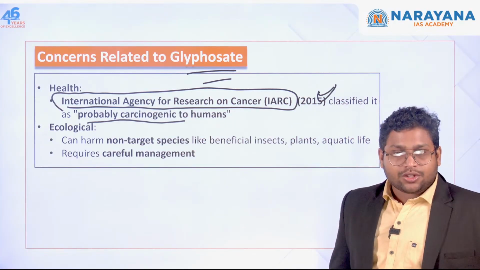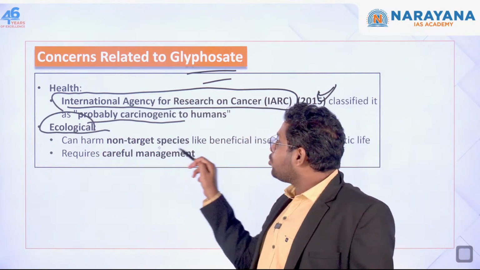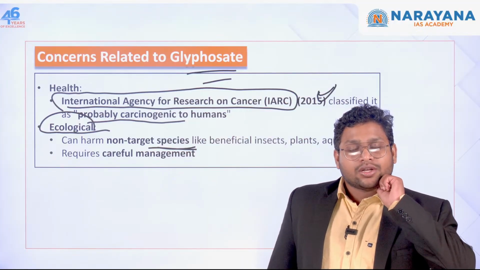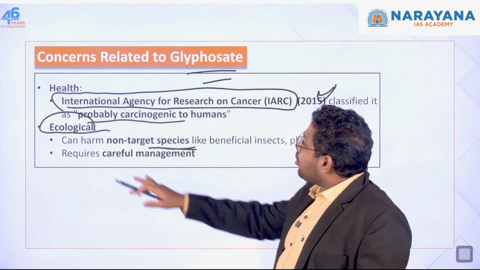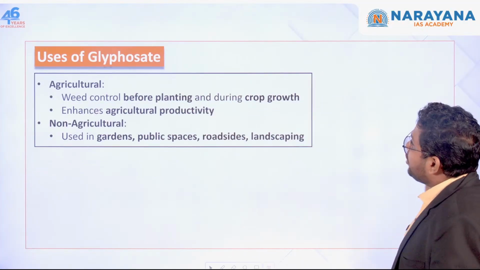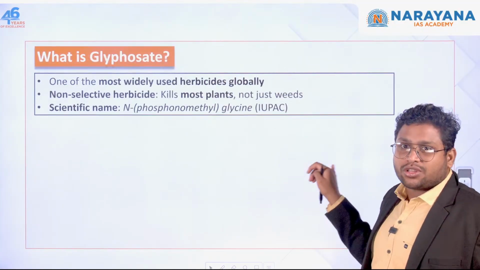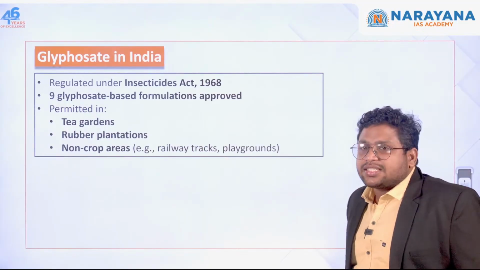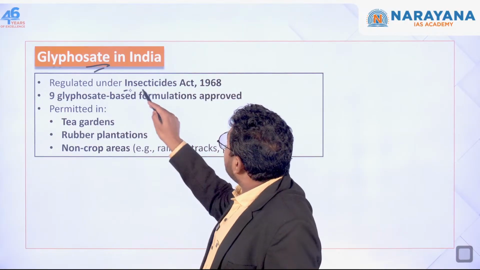And obviously you're harming plants also. So there is harm to the environment, and harm to other species who are eating those plants. So you're damaging the ecosystem, you're damaging your health. Considering all that, countries are trying to regulate it, and recently the news is the European Union approved its usage for the next 10 years. Now as far as India is concerned, in India we are regulating glyphosate under the